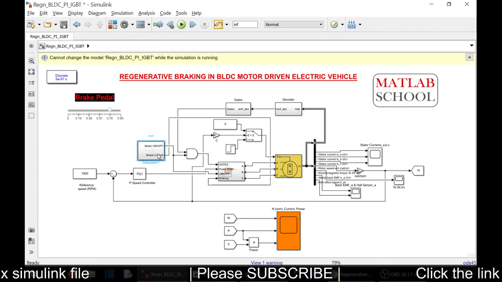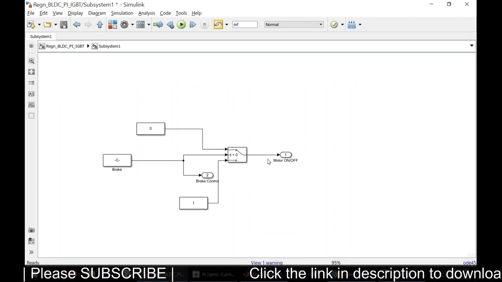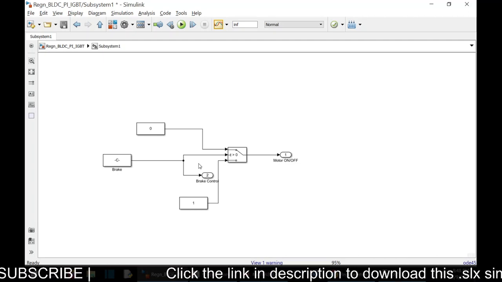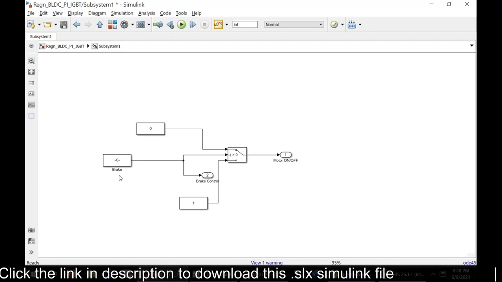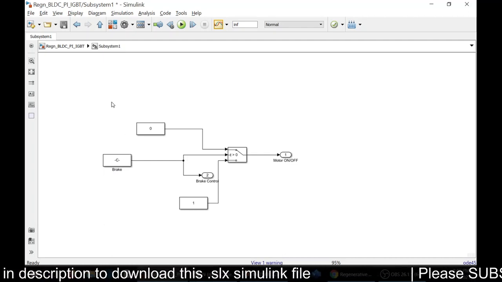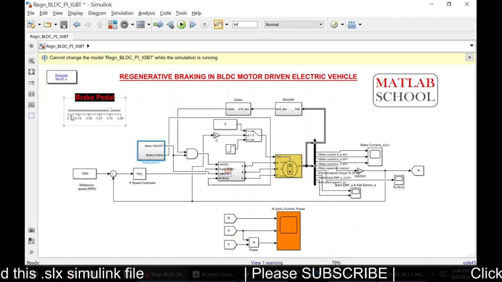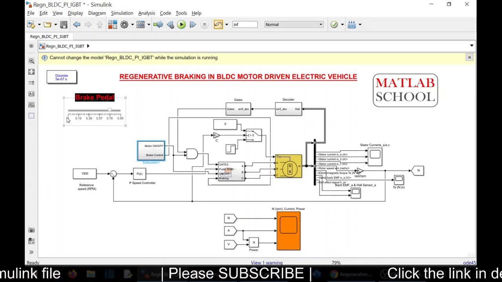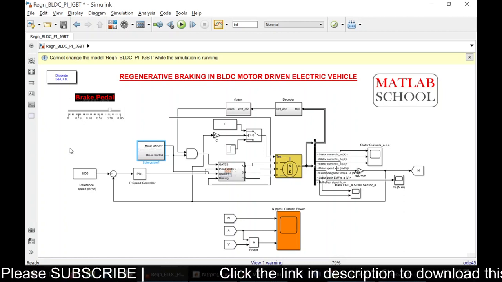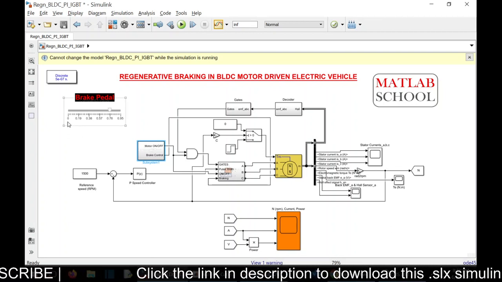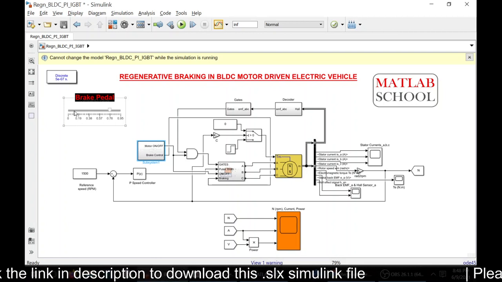Then here we have the motor on off control. See, whenever we press the brake pedal, the motor will get stopped, and the braking action will get initiated. So based on the position of brake, the regenerative braking will be. See, when this is kept at 0, it means that the motor should run and no brake will be applied at that time. When we raise the value, it is similar to pressing the brake pedal.